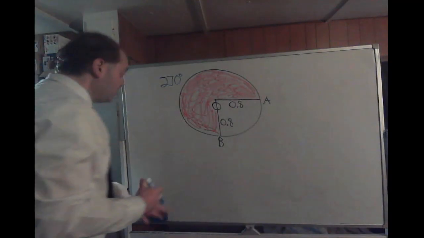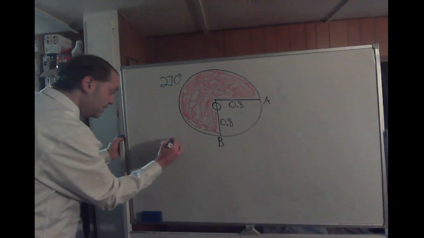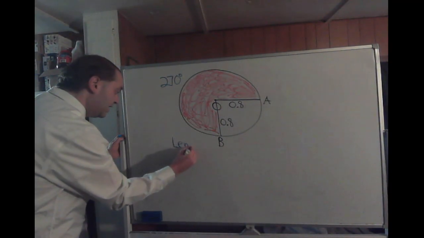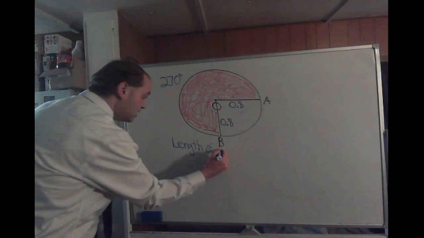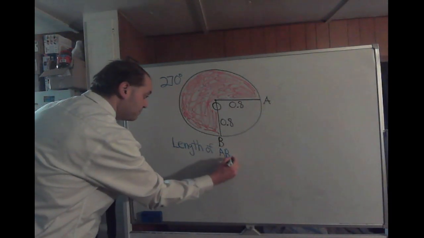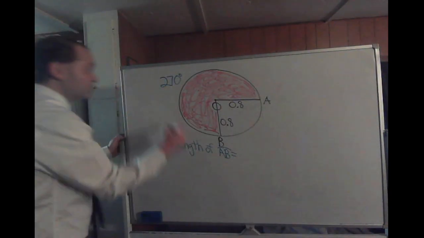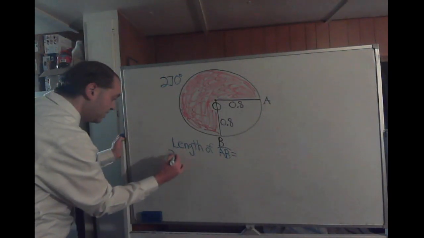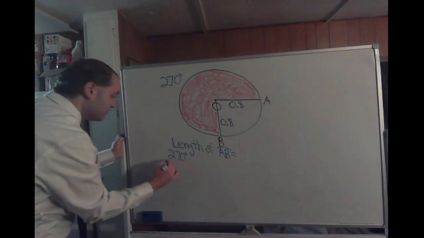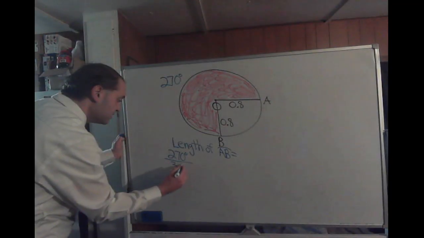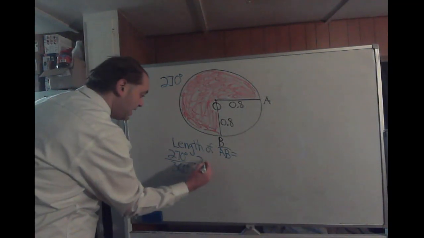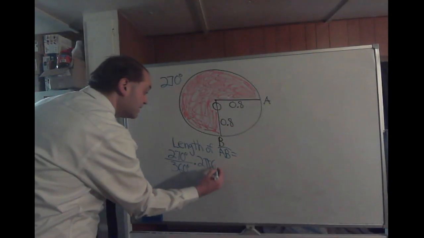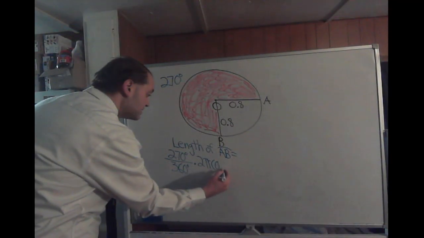So, of course, let's start with our arc length. The length of arc AB is equal to that 270 degree arc measure divided by 360 degrees times the 2 pi times that radius of 0.8,